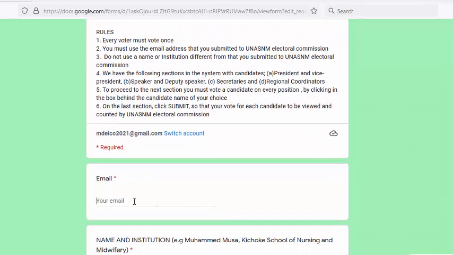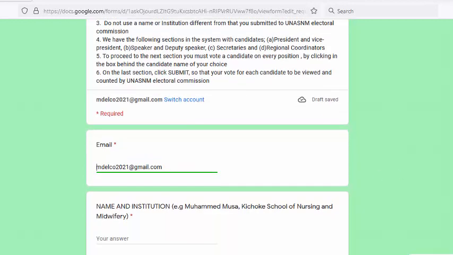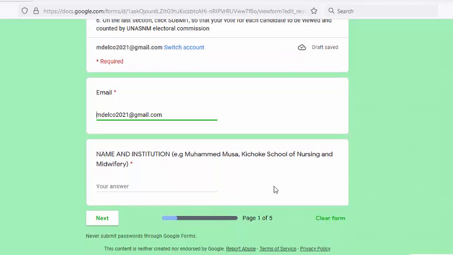One, please type that email address again here. Make sure that it is the same email address that you typed in earlier. If you type in a wrong one, believe you me, your vote will not be counted. Then in this next step, you must identify yourself.